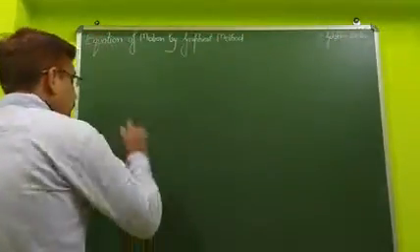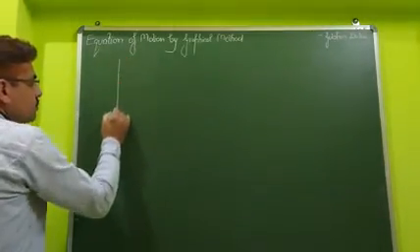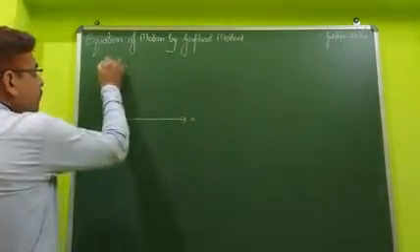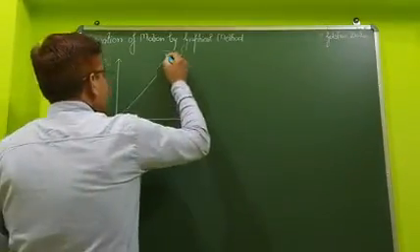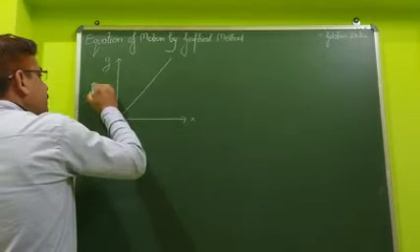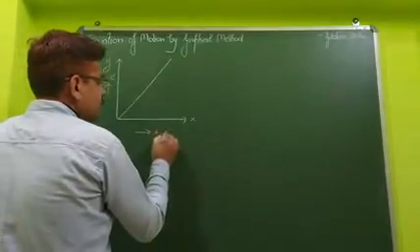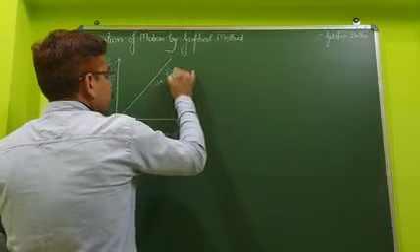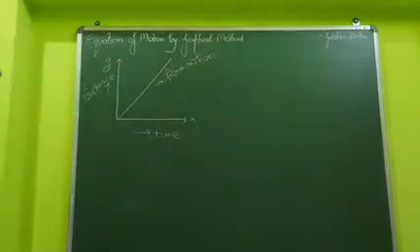You know, I think you already studied that topic. This is the x-axis and this is the y-axis. If we draw this graph in this way, along the y-axis I will take displacement or distance, and along the other direction time is there. Such a type of motion is uniform motion.